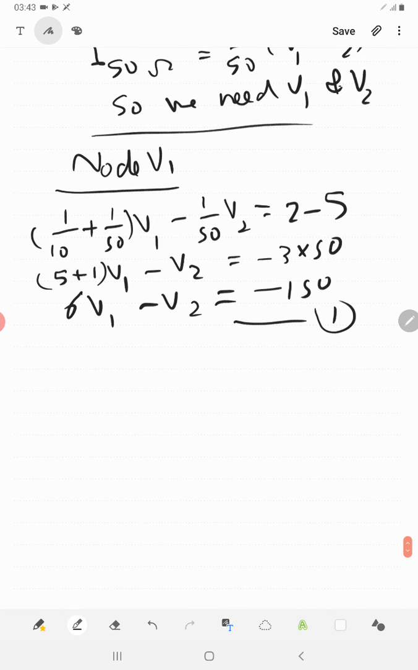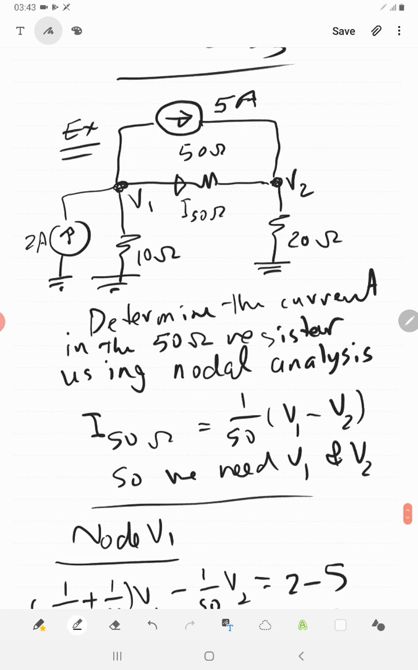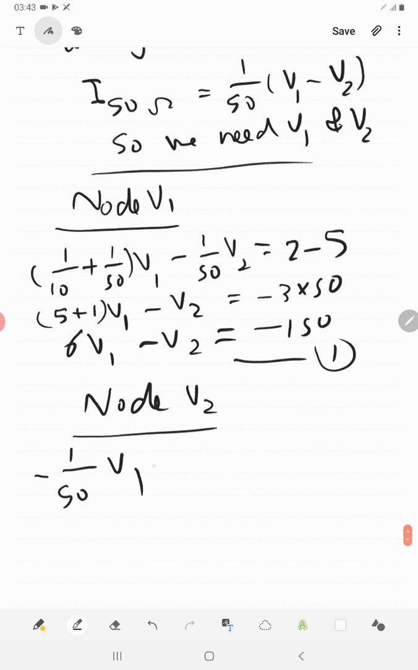Now, we go to node 2, V2. Node V2 is connected to V1 through the 50 ohms, so we have minus 1 over 50 times V1. Then we have 50 and 20, so we say plus 1 over 50 plus 1 over 20. Okay? Times V2 is equal